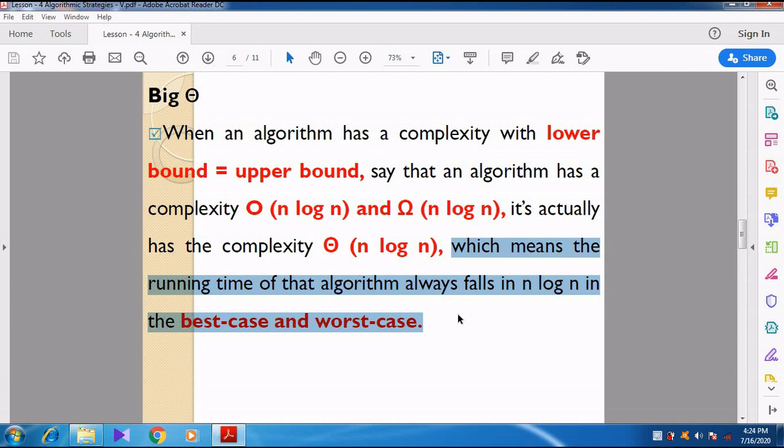Sometimes the algorithm may work in the best case and sometimes in the worst case. Simply take cricket: whenever a bowler bowls, the bowler will not bowl all the balls in the best manner. Sometimes one or two balls may be bowled in a worst manner so that the batsman can hit that ball for a 4 or a 6. So sometimes he may bowl the best case and the worst case.